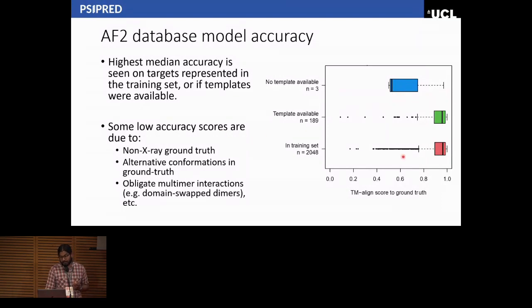But yes, you will have noticed that there are some long tails here of low accuracy, and I looked into some of these structures. They contain things where the ground truth structure isn't from an X-ray experiment. There are some unfolded state NMR structures in there, so not really a good ground truth. There are alternative conformations in there. One of these is a calmodulin that's been predicted in just one species in one of the 2 conformers. And then there are obligate multimer interactions, things like domain swap dimers and so on. So those are all very allowable